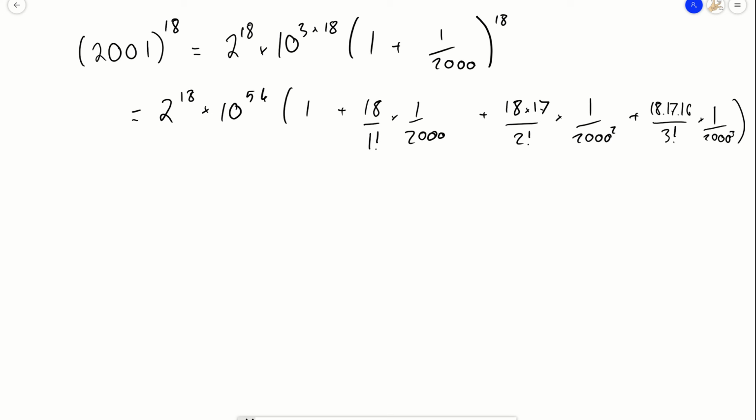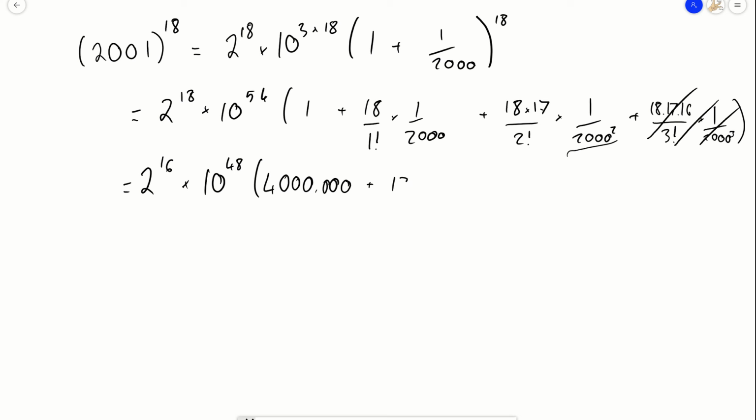Okay, so I'm thinking that this term may be too small for the number of significant figures, and if we can see from here, 2000 squared is going to be 4 million. So let's take off some of that. So that's 2 to the 16 times 10 to the 48, and I'm going to take a million inside that. So it's going to be 4 million